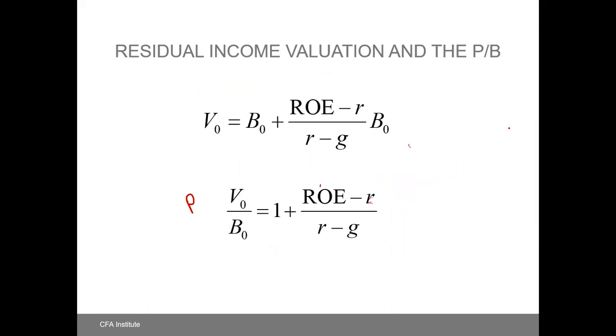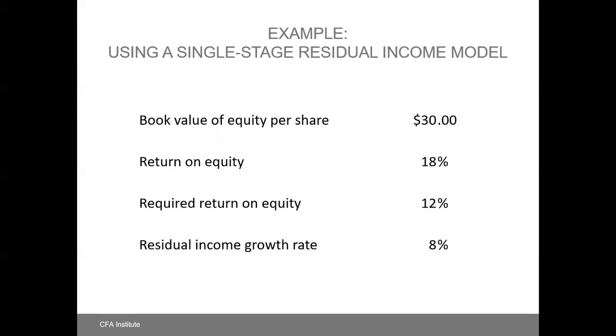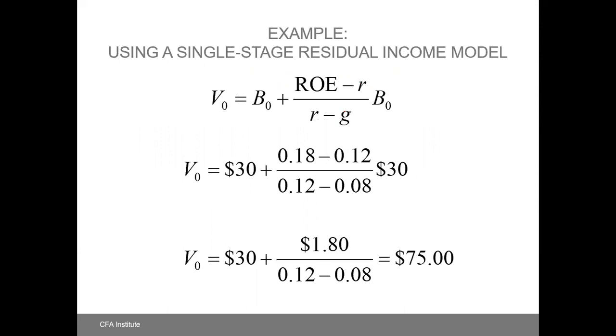Rather, these are more meaningful in terms of the equation. But what we would like to do is extend our residual income model to what happens if the firm grows after year 3. Okay. This is very straightforward if it is a single stage residual income model. So for single stage residual income, you can probably recall the GGM, the Gordon growth model. Okay. So this part is the simplest